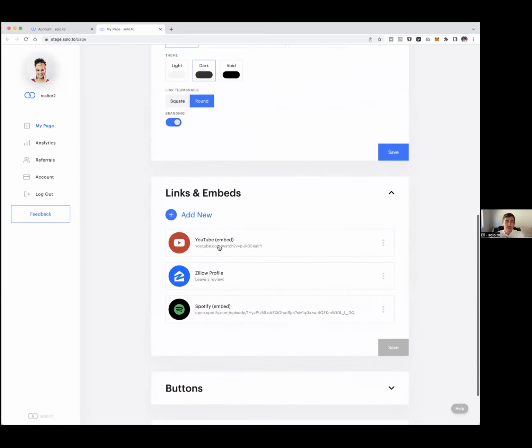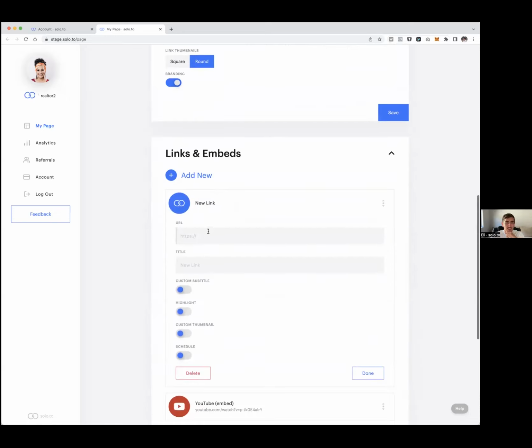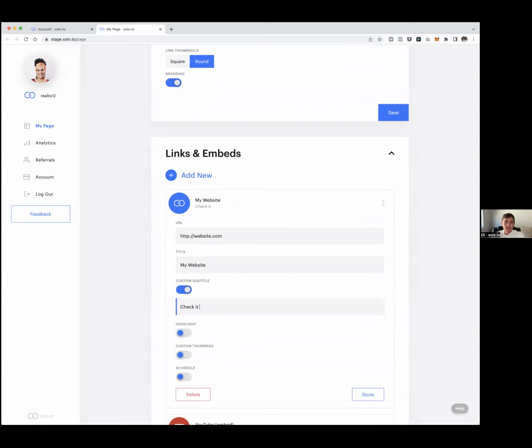This is kind of the main section where you'll add content. And so when you click add, you can just set up a normal link. The normal links are pretty straightforward. You would just add your URL, so website.com, and then you can add the title, my website. You can set a custom subtitle, so check it out. And then you can set a custom thumbnail here